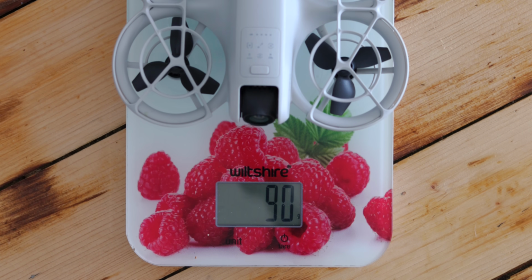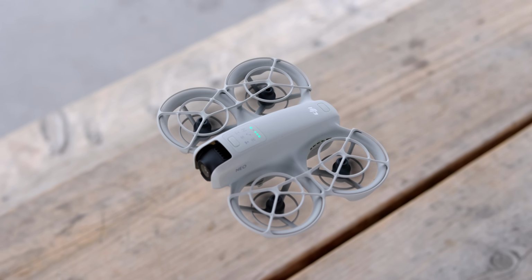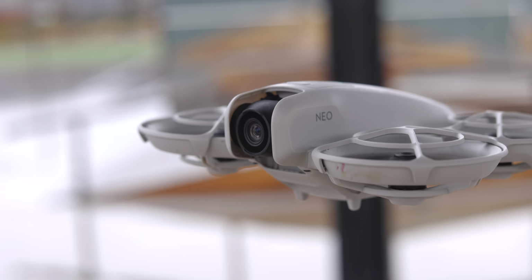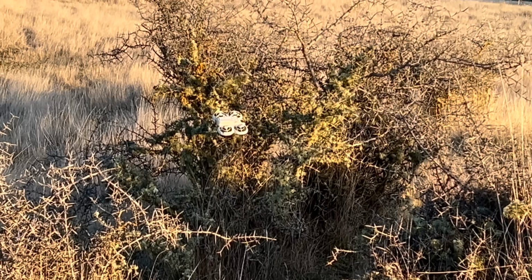My biggest gripe with DJI's recent Avata 2 is the fact that if you smash one of those things into the ground, they're gonna break, and that's gonna be that. It's one of the biggest reasons I will rarely ever recommend that a complete beginner picks up an Avata 2. But you might be thinking, with the Neo taking the same approach of an all-in-one unfixable drone, what's its saving grace? Well, that ridiculously lightweight design becomes the biggest lifesaver, as honestly, no matter how hard I've crashed this thing,